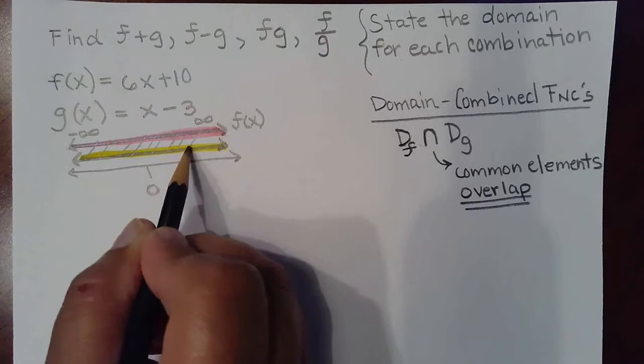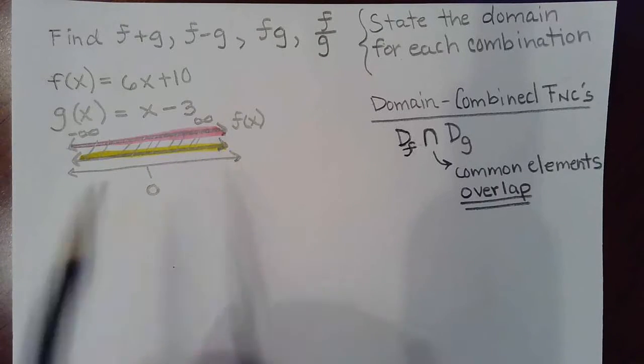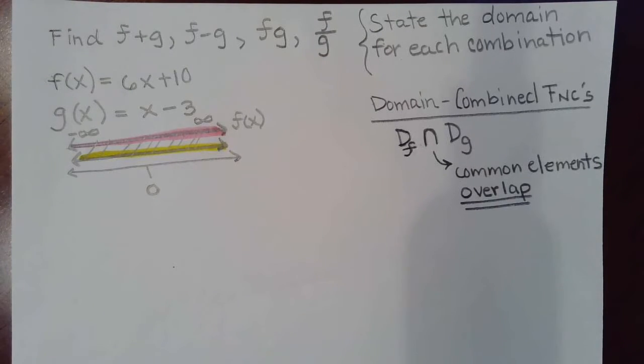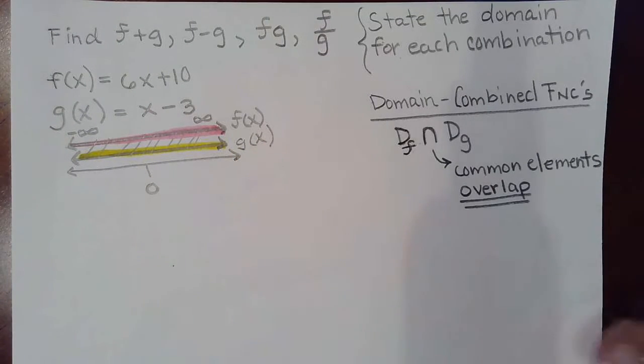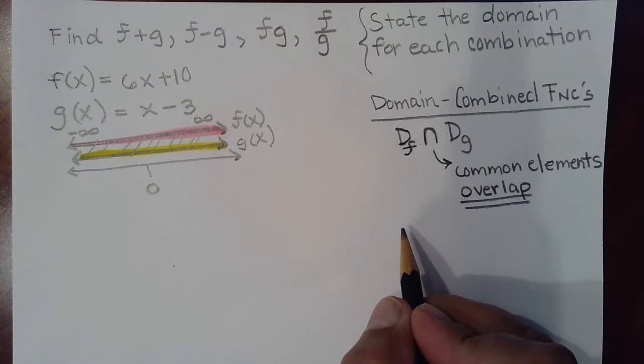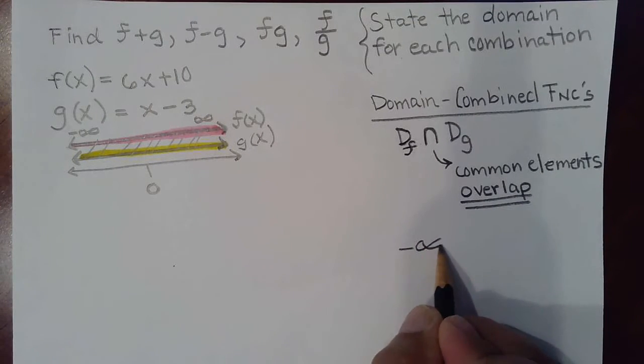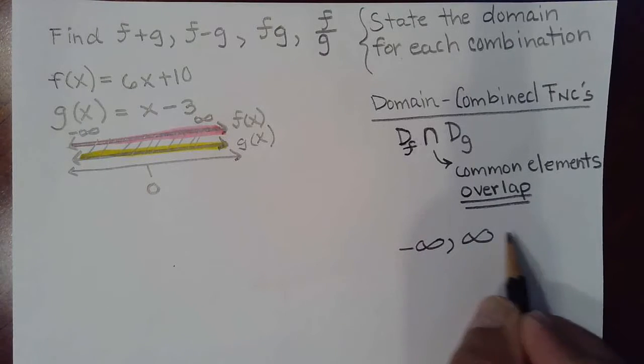All the numbers that are in the domain of f are also in the domain of g. Okay, so the combined domain is going to be, for these particular combinations, negative infinity to infinity,